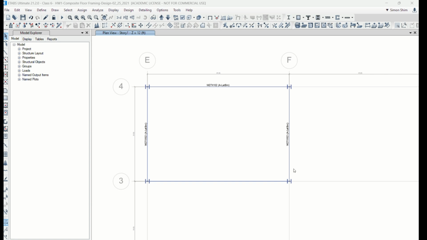Now since I have a nice grid system, you can use quick draw like this for the secondary beam, right? Since we have a nicely defined grid system here, quick draw, the property, I'm going to keep this auto selection composite beam. The pin means simply supported connections. Number of beams, I'm going to add 2. Now I'm going to add 2 beams in extraction. I choose it. If I hover,